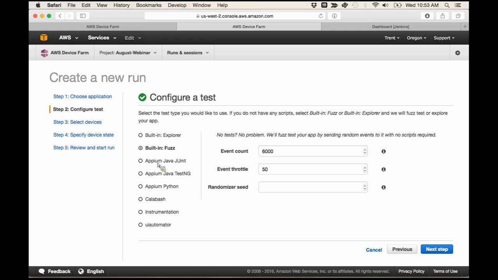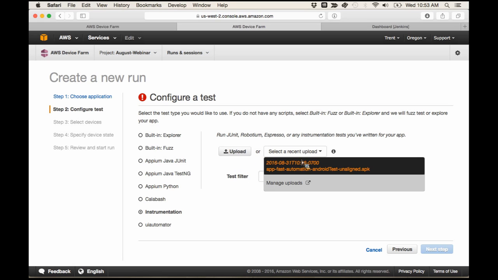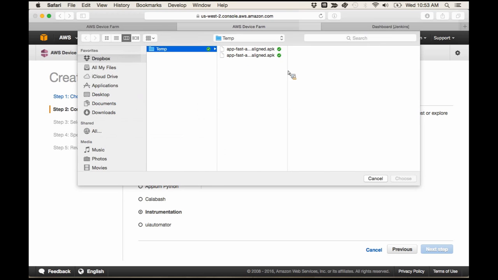Now, if you've written tests for your application that exercise specific business logic, take screenshots and so on, we support a number of frameworks, and you can see those here. A few flavors of Appium, Calabash, instrumentation, and UI Automator. For today's demo, I've written instrumentation tests, actually written in Espresso. So instrumentation includes JUnit, Robotium, and Espresso. And again, I can select an application test package that I have previously uploaded, or just upload a new version